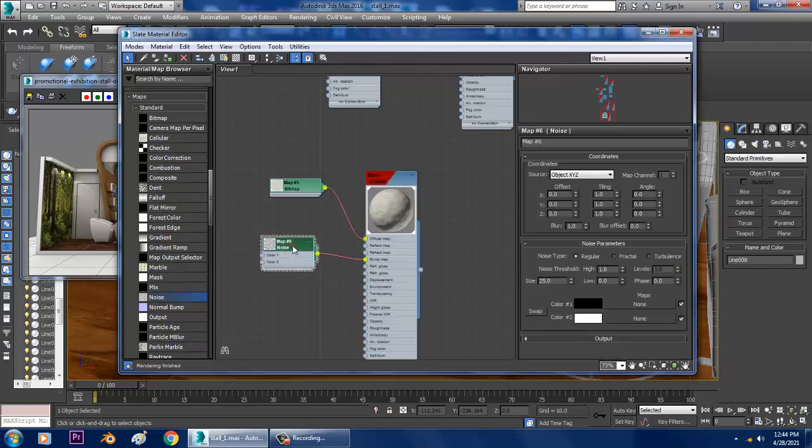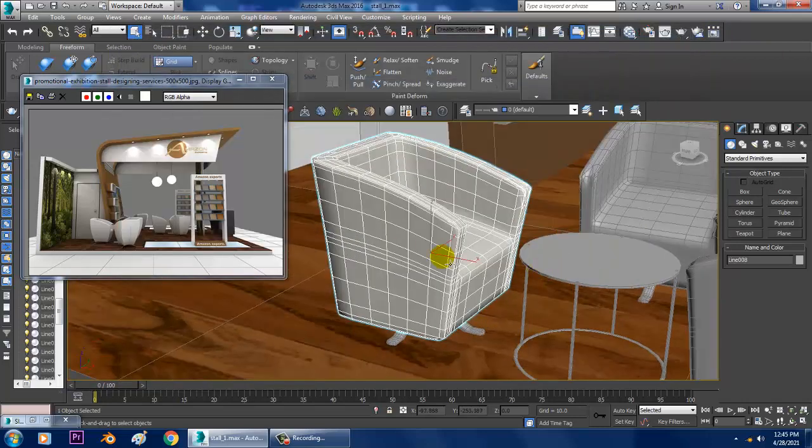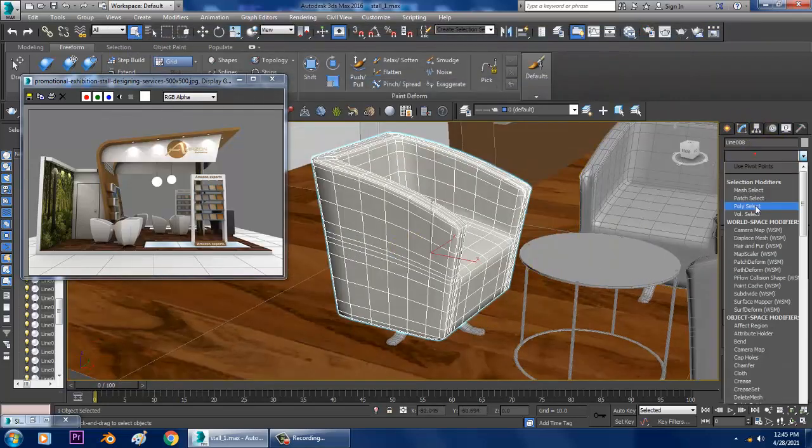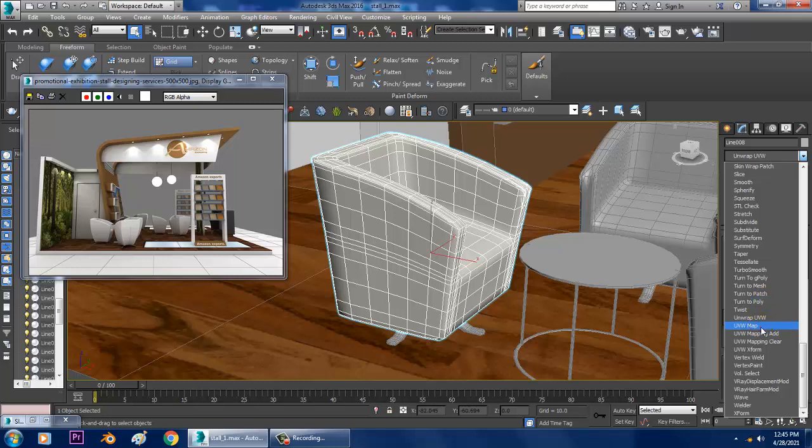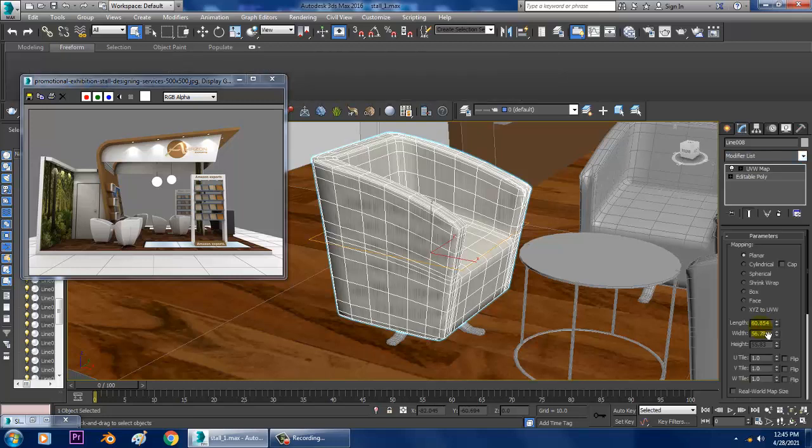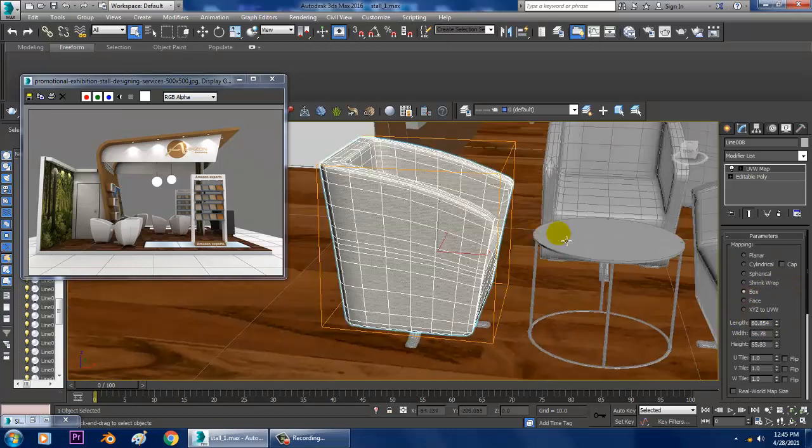So I can just go into this, go into the fractal, and I'll make it as 1 over here. So let's go into this and give a UVW map and set it as a box.